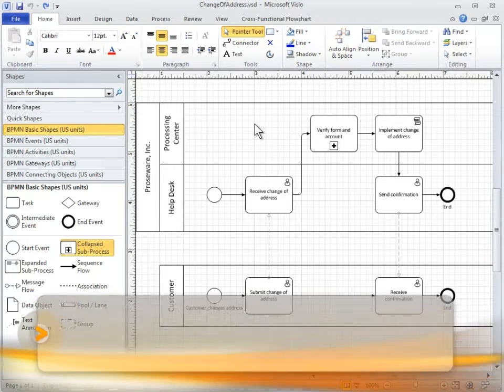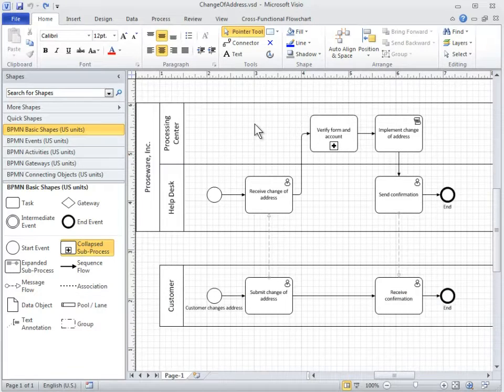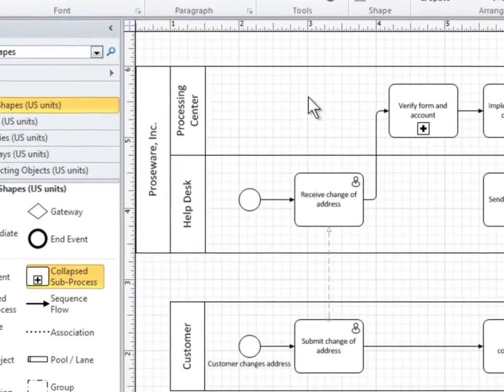When you diagram a complex process, it's usually good to have multiple levels of detail to enable different levels of analysis. At the highest level of the complete process, it would be too much detail to have every step included. Detailed steps that form a self-contained unit of activity can be broken out of the overview process and diagrammed separately as sub-processes, which are then represented as a single shape in the overview.